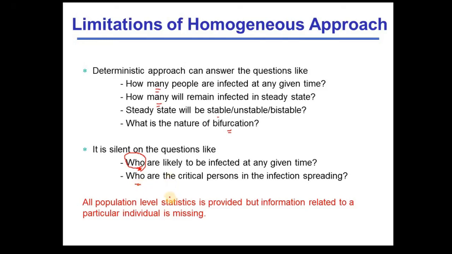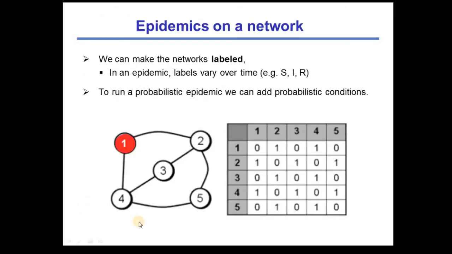So all the population level statistics is provided by this homogeneous deterministic differential equation based approach, but the information related to particular individuals is missing. That is the limitation of the homogeneous approach, and there come networks. If we have learned how networks look and how the structure looks, we can understand step